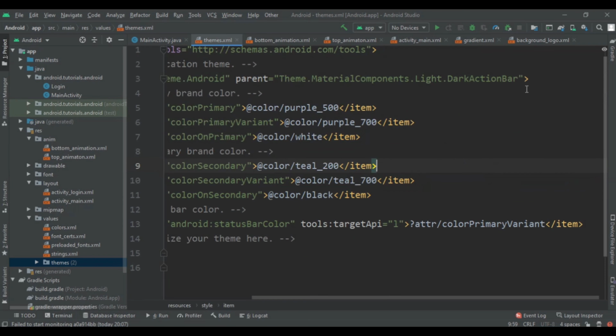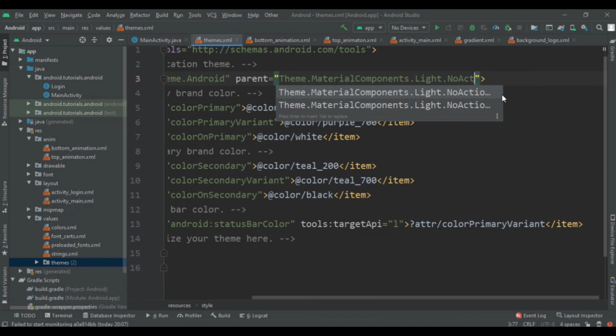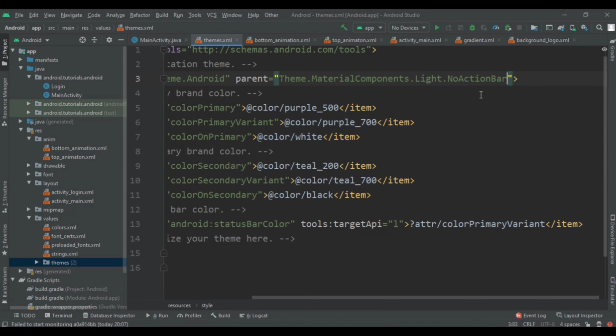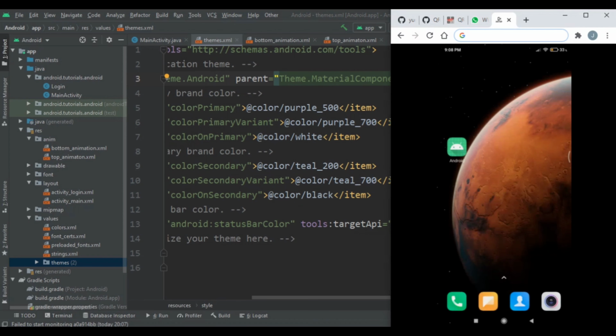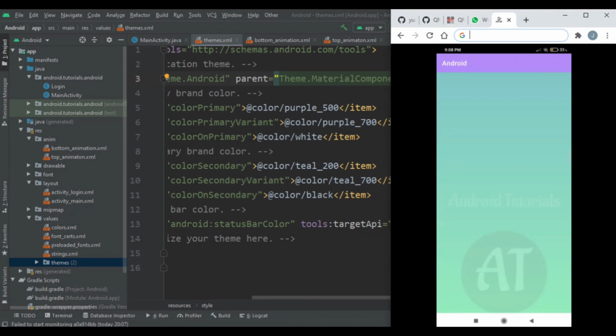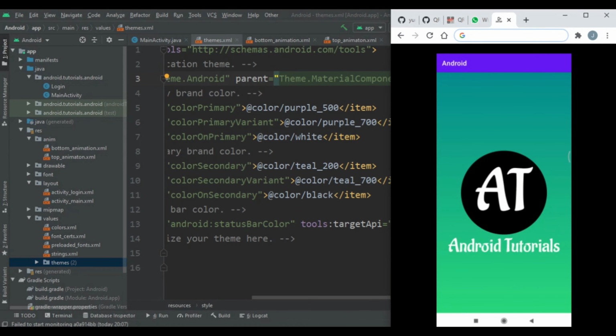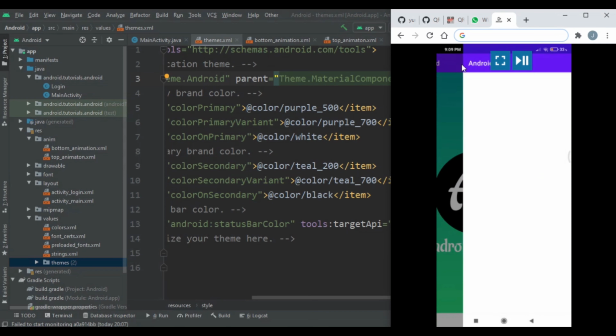So here is our code and here is dark action bar, and I am writing no action bar. So after that you will not find this activity. So here is our splash screen and you will not find this Android here, it will be removed